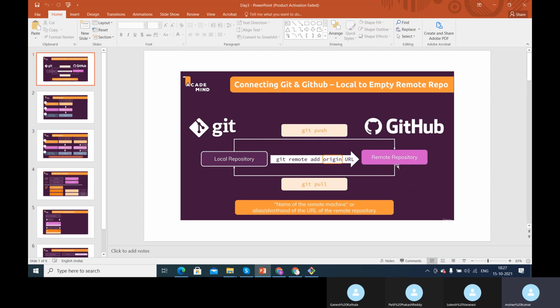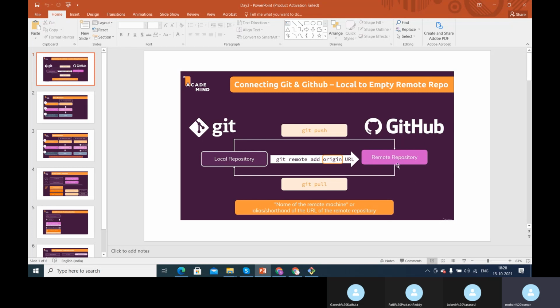Once the connection is established, if you want to push the code from the local repository to the remote repository, you have to use a command called git push. Once you use this command, the code from the local repository will be pushed to the remote repository. And git pull is for when you have something on the remote repository that you want on the local repository; you can use git pull to get the data from the remote repository to the local repository. Let's say I created some files on the remote repository and I committed them.